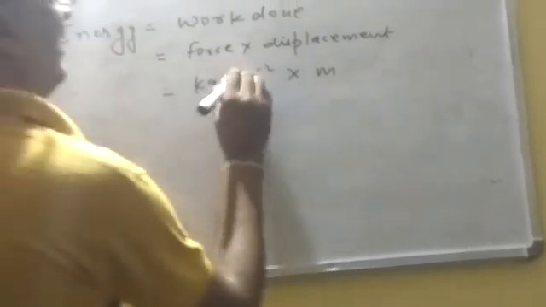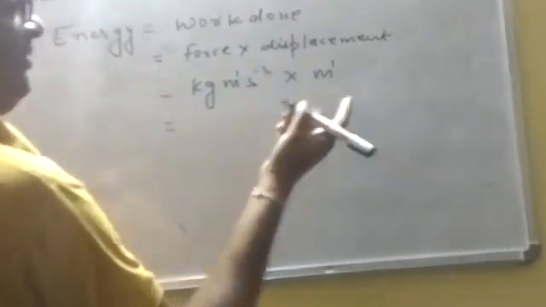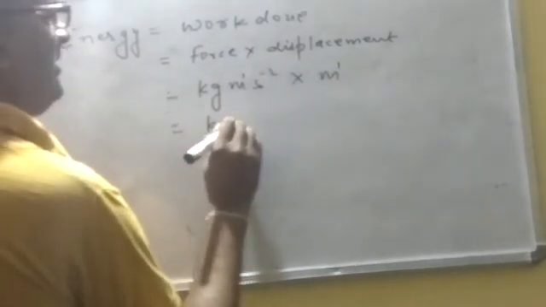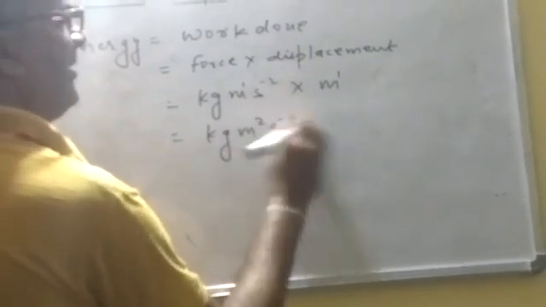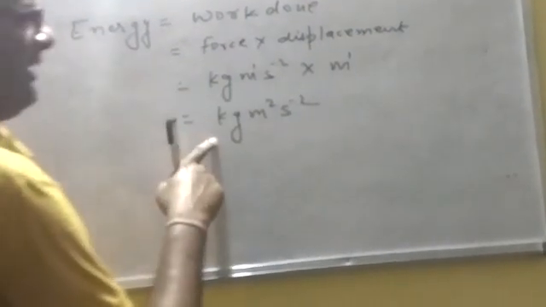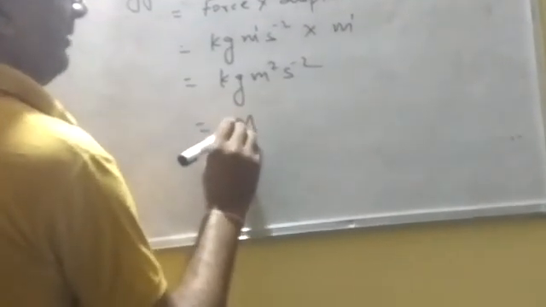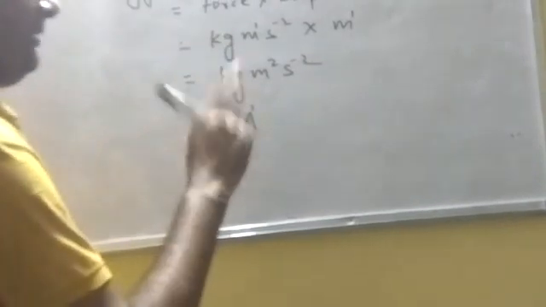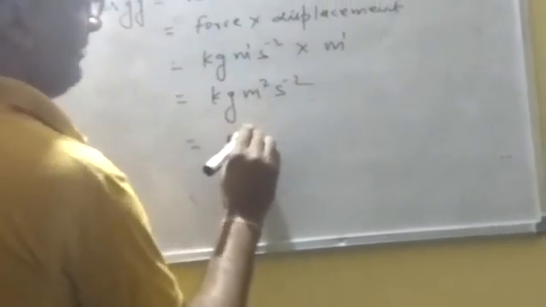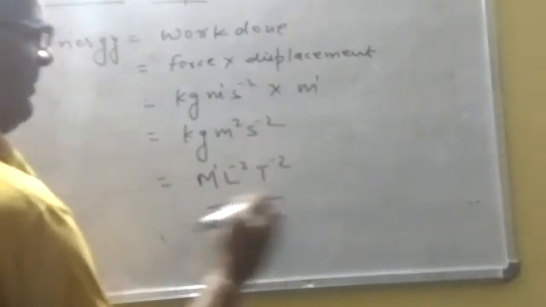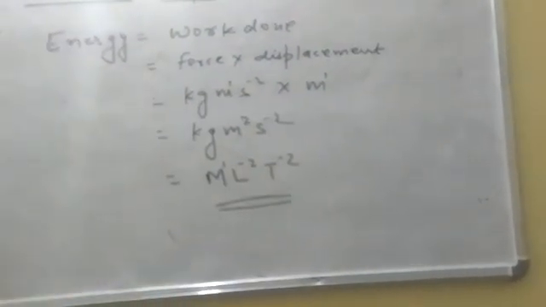Okay. So here meter 1, here it is 1. So we know अभी हमने क्या था? Base same होगा, power will get added. So kg meter square s minus 2. Now we convert it into dimension formula. Kg is the mass, so we take capital M. Because it's a single, so we take M1. Meter is length, so L2, and this is T minus 2. So the dimension formula for the work done or the energy is M1 L2 T minus 2.